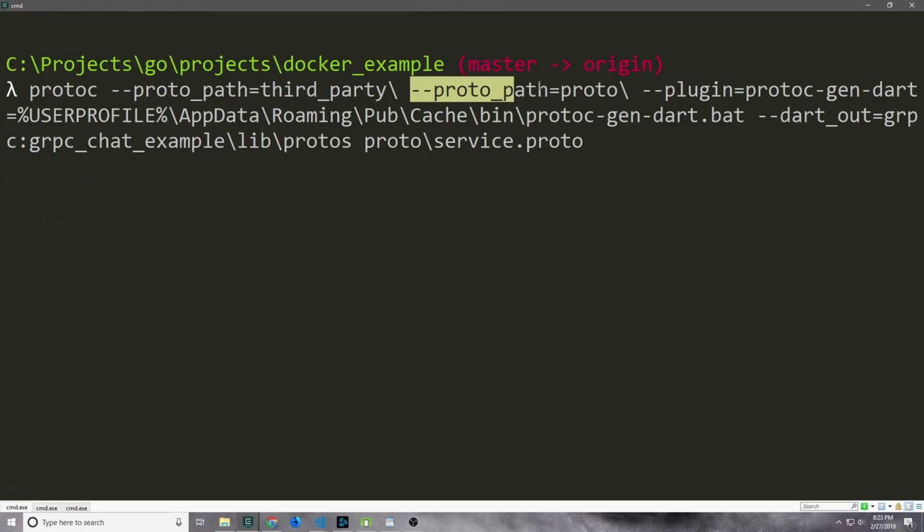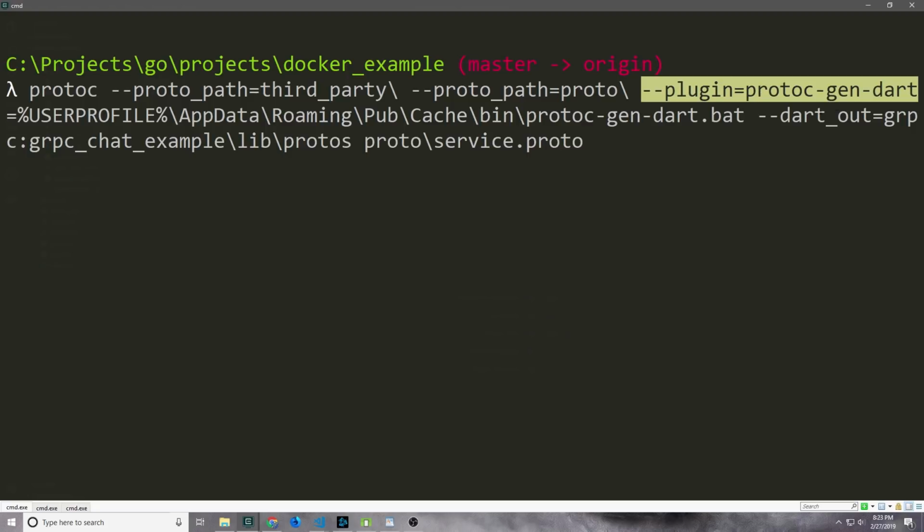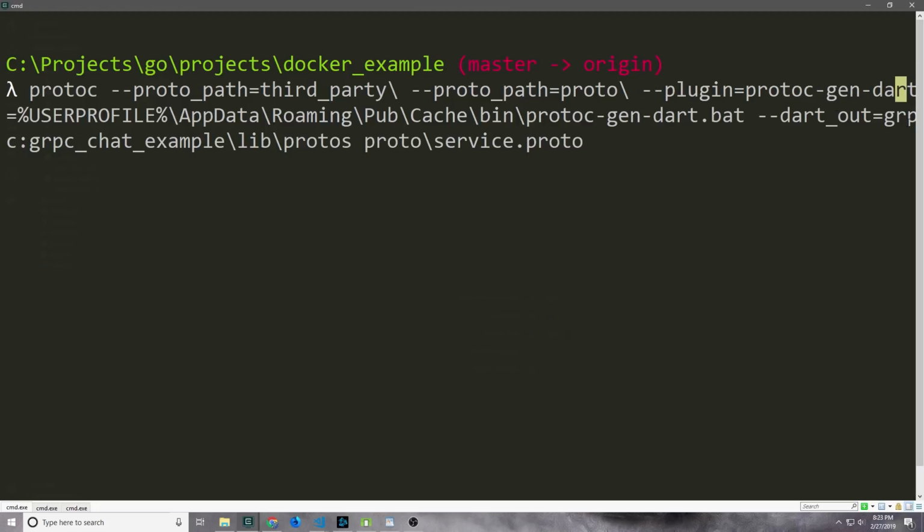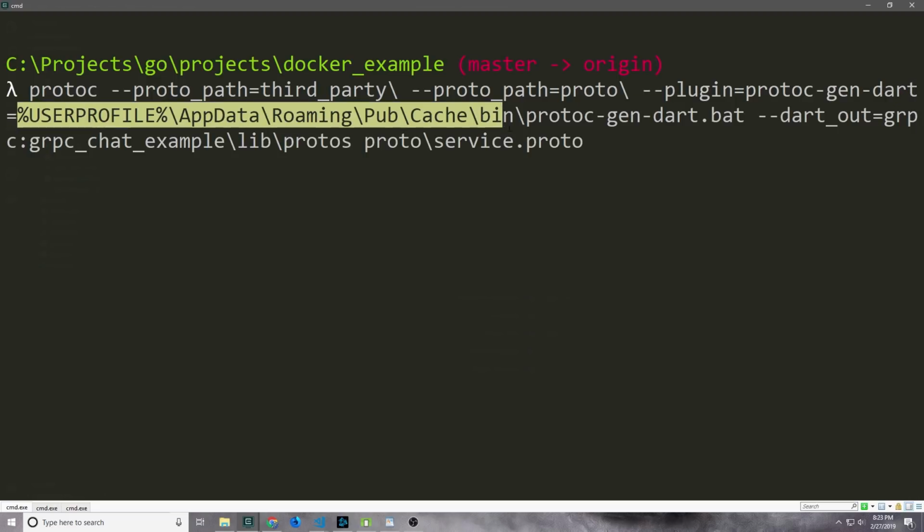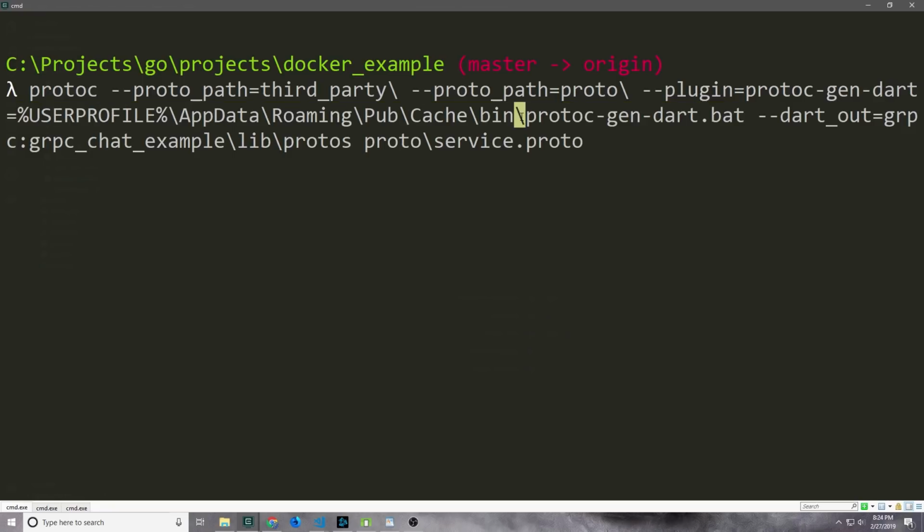Then we need to point it towards the actual protocol file, so just the folder with our protocol file inside of it. Then we're going to say, all right, we want to use the protoc-gen-dart plugin, which we just brought in, and we need to pass in the path where this bat file exists. As you can see here, it exists on the user profile, app data, roaming, pub, cache, bin, and then the actual file is called